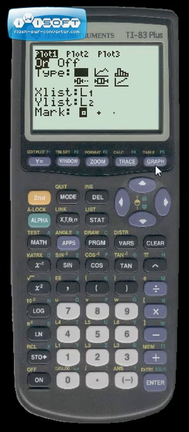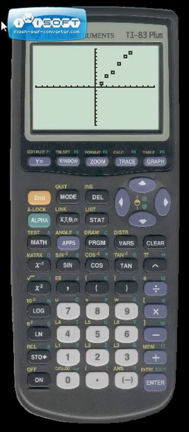So now if we press graph, we can actually see a graph of something that would be close to a line, and pretty darn close. Now, to get a linear regression, to actually find a line of best fit, instead of doing all that work, we can have the calculator do it for us. All we need to do is